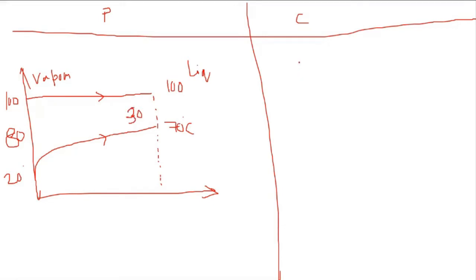Okay, we will draw the same arrangement for counter flow heat exchanger. For counter flow heat exchanger, the direction of flow of both the fluids will be in opposite direction. So this hot fluid is flowing in the same direction. Its temperature remains the same. So here it is starting from 100. It is ending at 100.